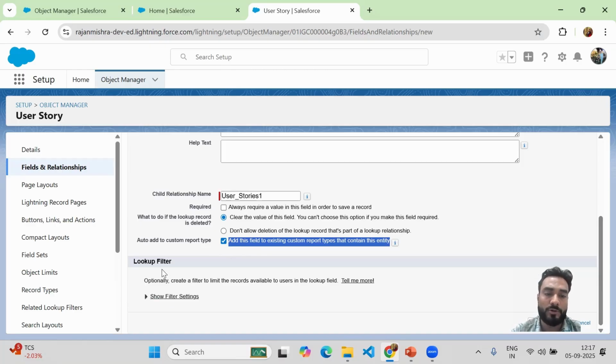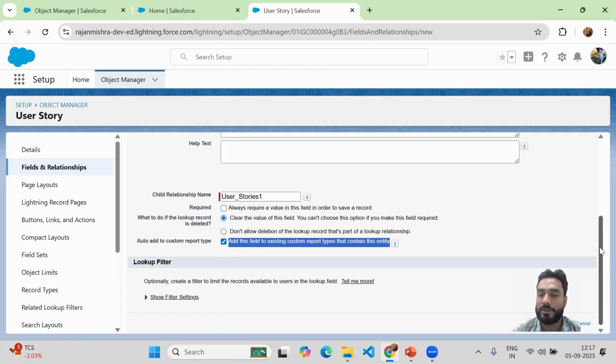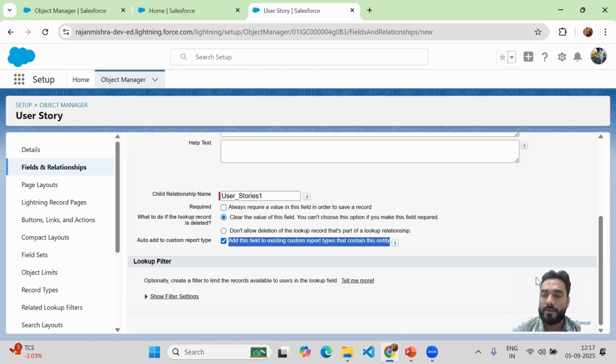Okay, so here we have lookup filter. So lookup filter we will discuss in later classes. So next,